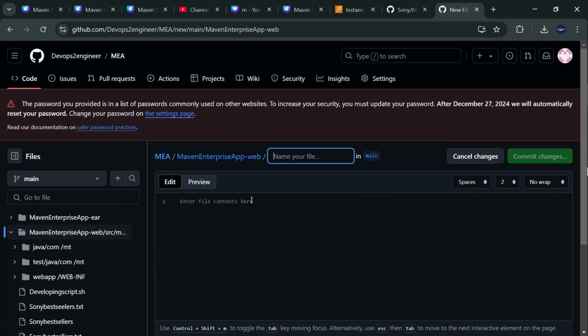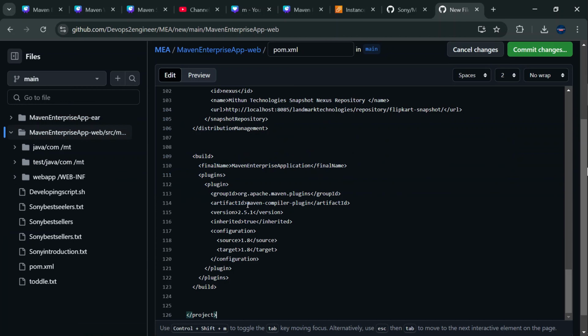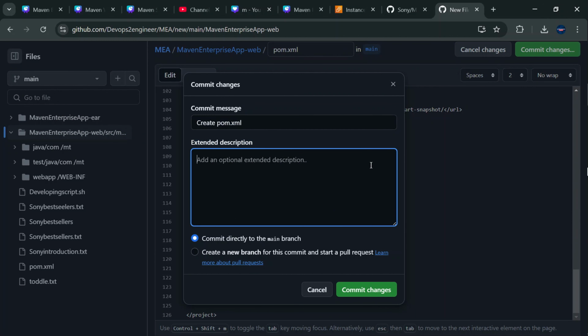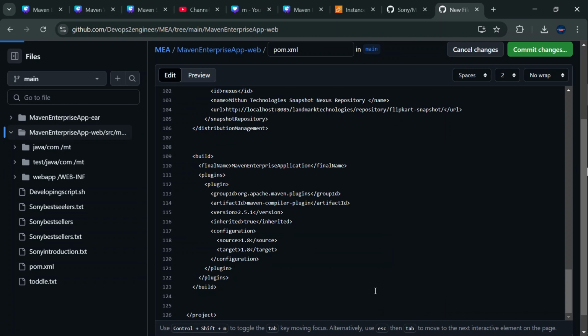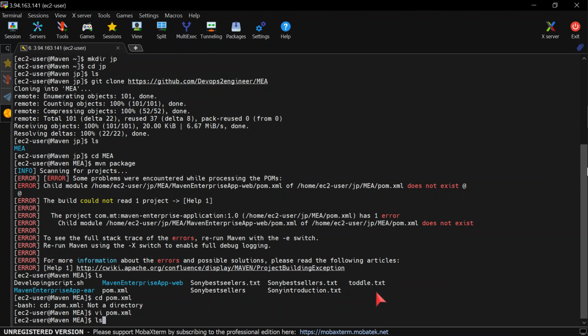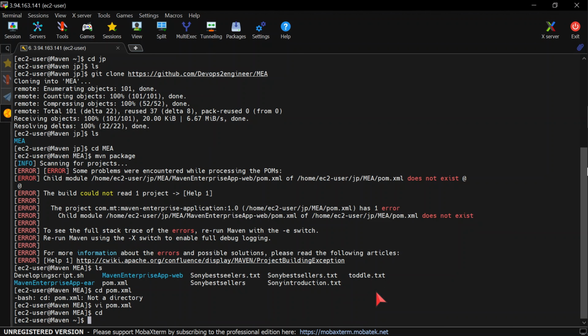add new file. Let's call it pom.xml. Paste it. Commit changes. And now that we have a pom.xml, let's do git clone once more. But we need to cd and remove JP project,